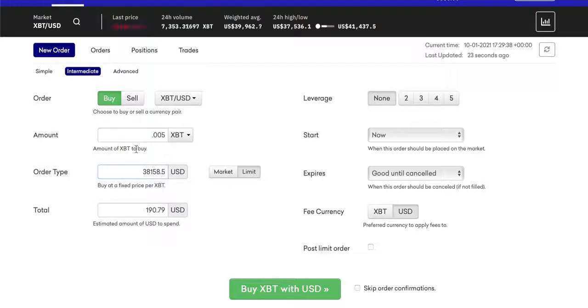You can see that they've already valued this at $38,158 per Bitcoin. That is the current market price right now. So you would have this price times 0.005 to buy that many Bitcoin. You can change it to a market or a limit order. Now we can see expires. You can actually put a time scale on your order. So you can say, I want to buy 0.005 Bitcoin and I'm happy to pay $38,000. This is a little bit below the current market price, and I'm happy to put this order